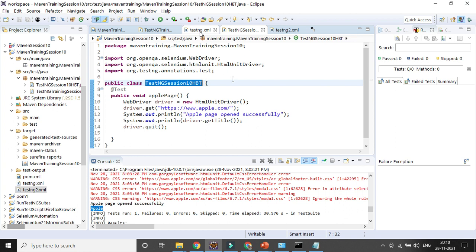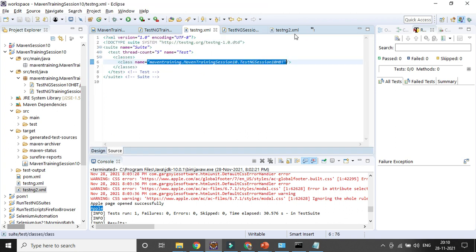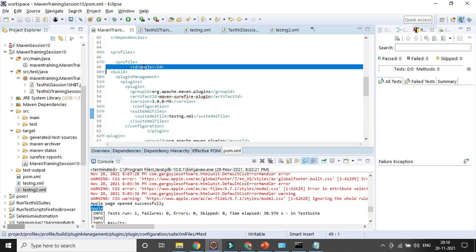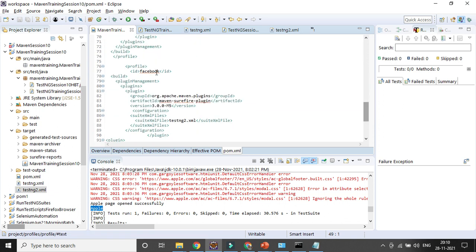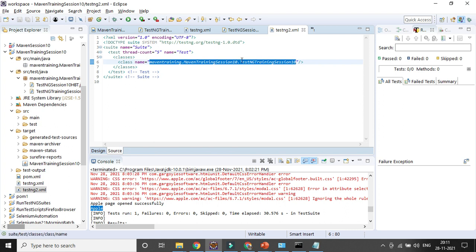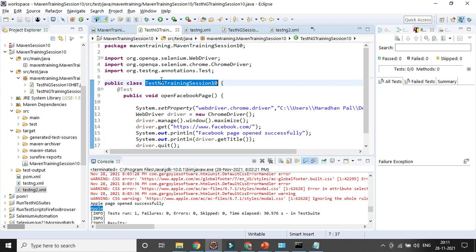You can see .xml, not 2.xml, and that is the reason I have associated the testng.xml file, and the profile name I have given is Apple. Similarly, for the other one, I have created another profile called Facebook, which is associated with the testng2.xml file. The testng2.xml file is associated with another class which is 10, and the 10 class has the testng Facebook page method.